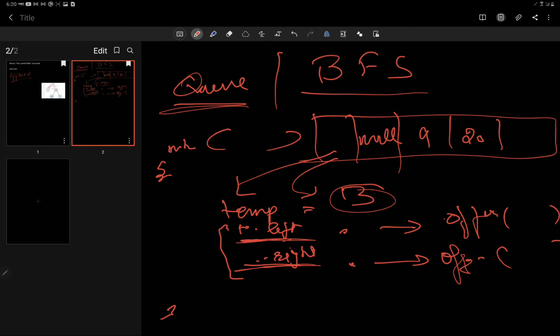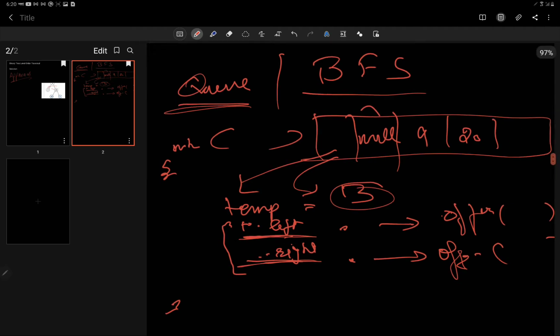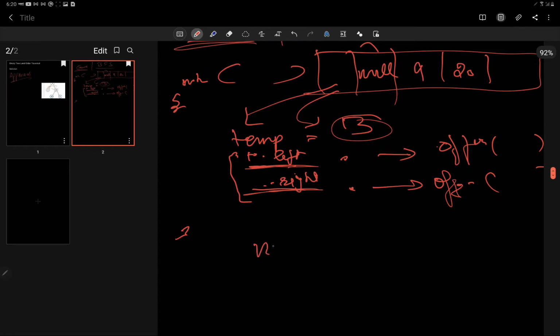All right, now moving on to the case when we encounter a value that is null. So what does null signify? The null signifies that we have reached one level. Now this is the if part. Now in the else part we will see whether the queue is empty or not. Why are we checking that? Because we will see if some root node has children and whether they are present in the queue or not. If they are present, we need to check them as well.